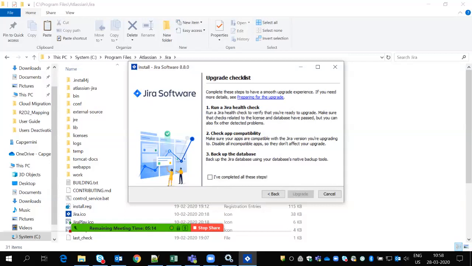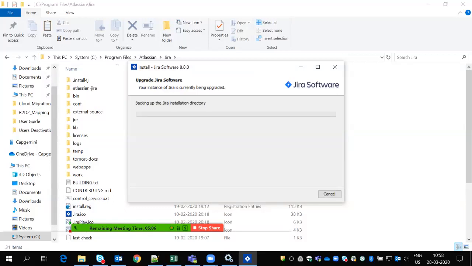Next, click on upgrade. Once you click on upgrade, you can see it is backing up the Jira installation directory. When you select this upgrade option, it takes a backup of the existing installation and of the existing application data, and then it automatically uninstalls the older version and installs the latest version. The steps happen like this: